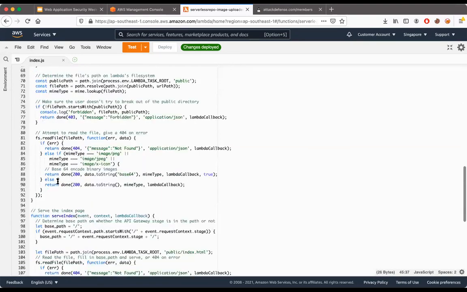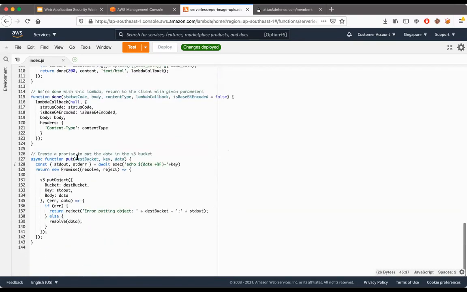So if we go down in here, here we have the put function, right? And this is the destination bucket, key, as well as data. So now this is where the problem begins. We have a function call which executes a command. Here we are calling the exec function, and what it is doing is echoing the date, and then appending the key name. So let's say the file name is